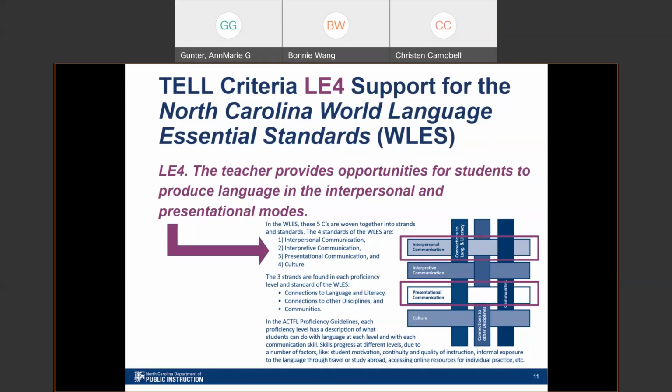If you want to download them individually, we have 3 different documents: one for classical languages like Latin, one for dual and heritage languages like dual language immersion programs and heritage language, and one for modern languages. I'll go ahead and put those in there. Those are individual documents, but they all start out with an overview of our standards and the weave graphic.